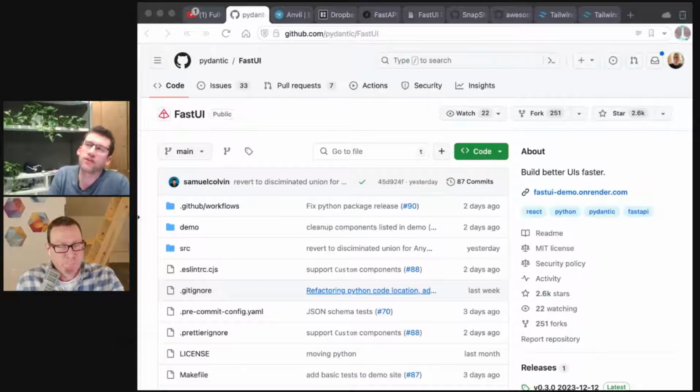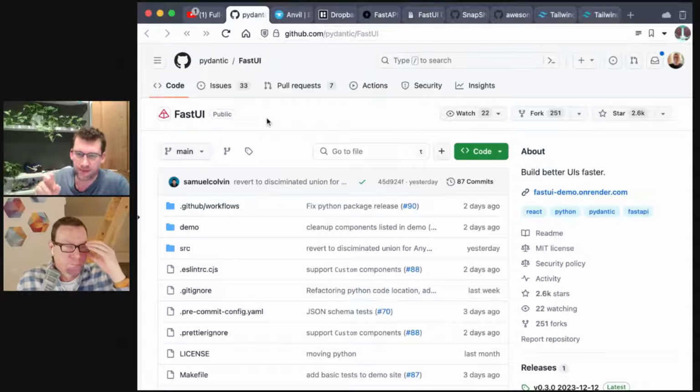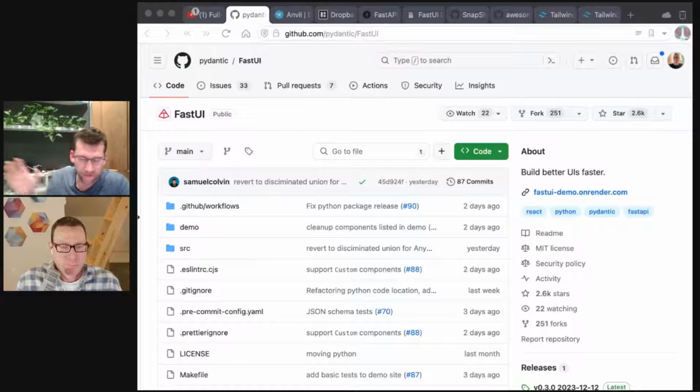Yeah. Maybe the mistake is in my description of it, because yes, it does that, but where I personally think FastUI is powerful, and where we're using it within the Pydantic team, is that we have front-end developers.